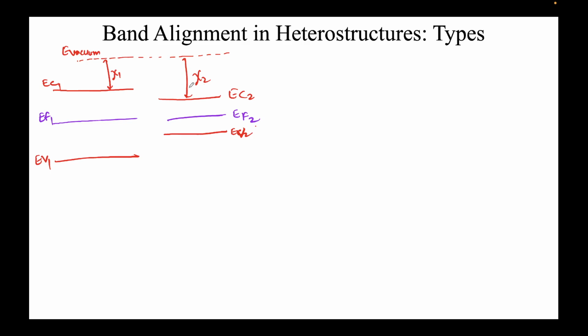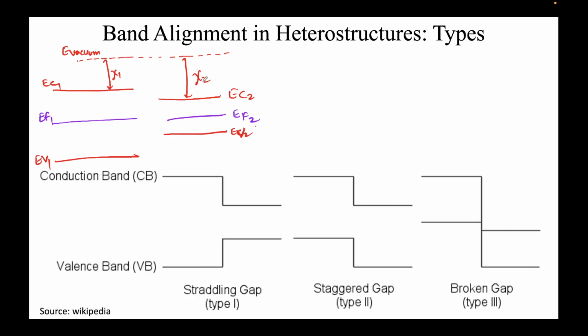When we join them, depending on the value of chi2, it can have different flavors. So these are the three different flavors that you can achieve. When you form a junction, these are the three things that can happen. If it just so happens that material 2, the lower band gap material, lies perfectly in between the conduction and valence bands of the higher band gap material, this is what's called straddling. Straddling means fitting inside. So you can see the second material fits very nicely inside the band gap of the first material. And this is the example that we had seen, if you recall, in the GaN LED example,